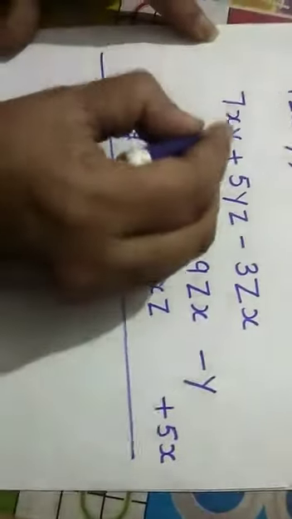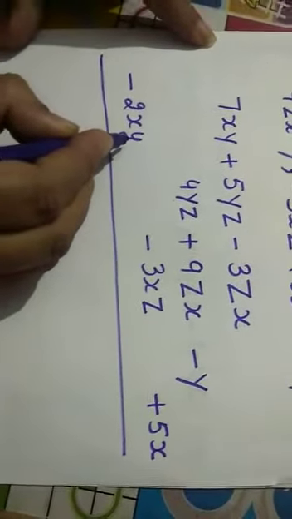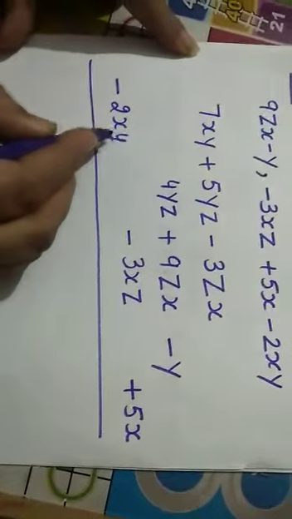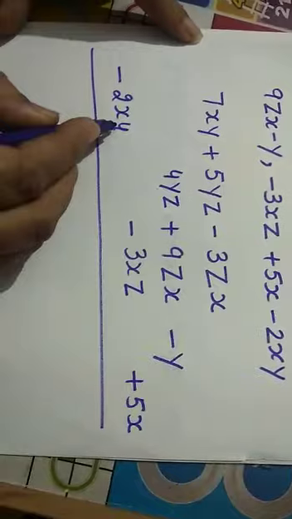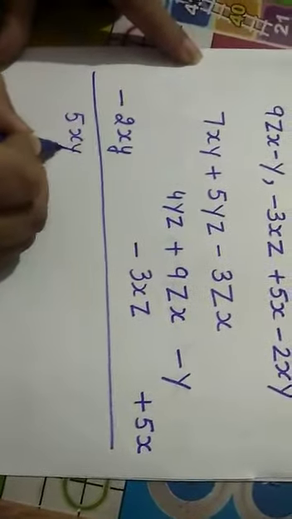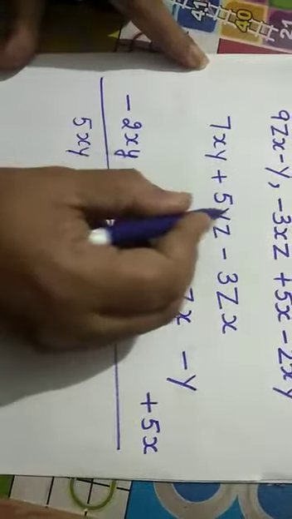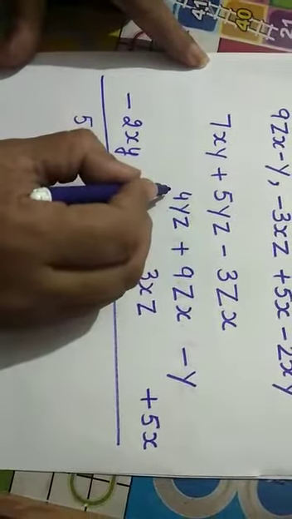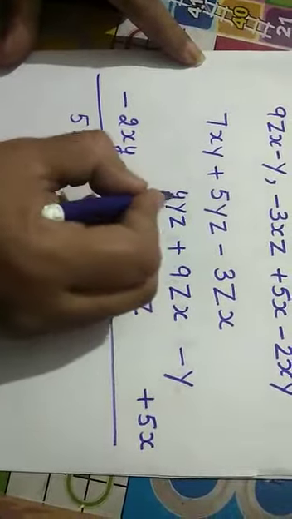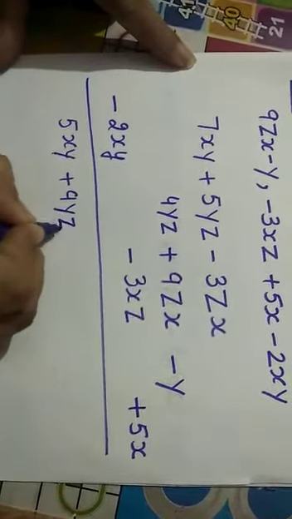So now we are going to add these, 7xy minus 2xy. Now two different signs are here, it means we have to subtract. So it will be 5xy. Now this one, these two are with positive sign. When no sign is given to you, it means addition. So 5 plus 4, 9yz.